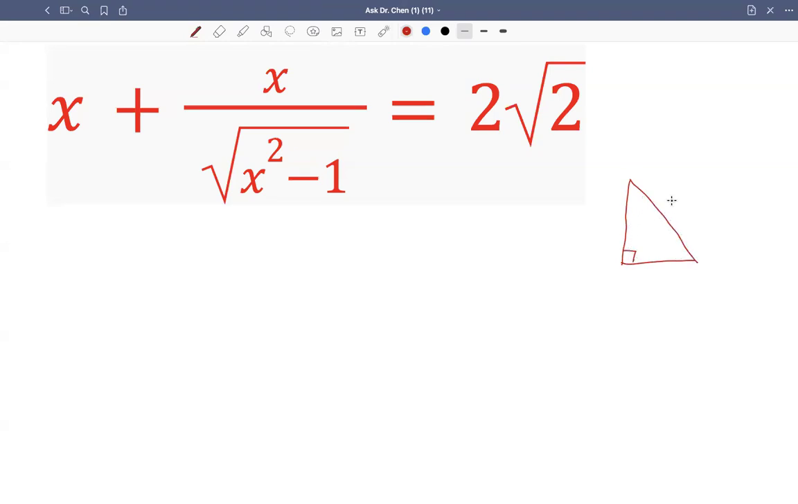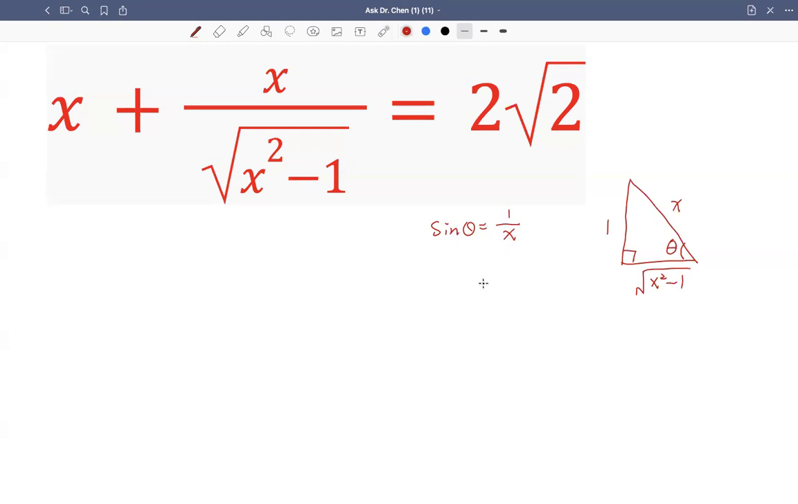For x squared minus 1, we can think the hypotenuse is x, and maybe this side is 1. Then this side would be the square root of x squared minus 1. If we call this angle alpha or theta, call it theta. Then let's write down: sine theta equals the opposite, which is 1, over the hypotenuse, which